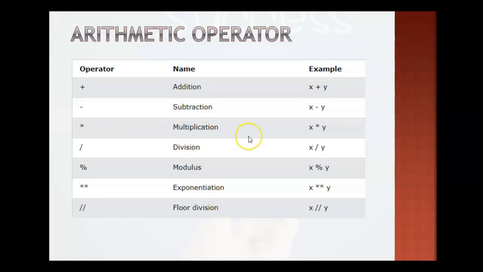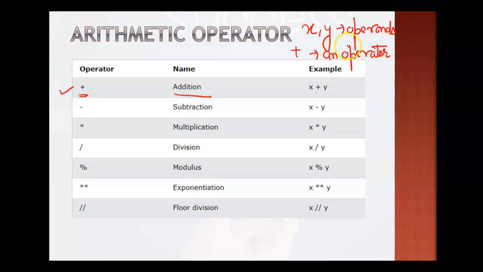Addition is used to find the addition of more than one number. If you want to write it down for two variables, this is the operator plus. Plus is the addition operator. If the two variables are x and y, the variables which you are using along with the operators are called operands. So in our case, x and y are operands, and plus is an operator, right? So we have x plus y. It is to find the addition of two variables, x and y.